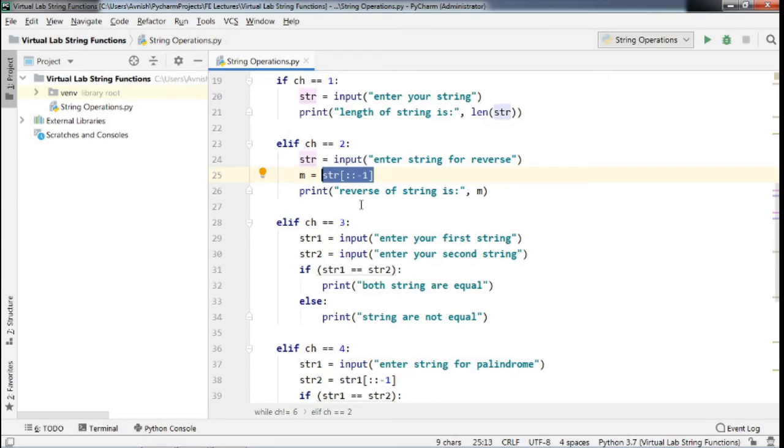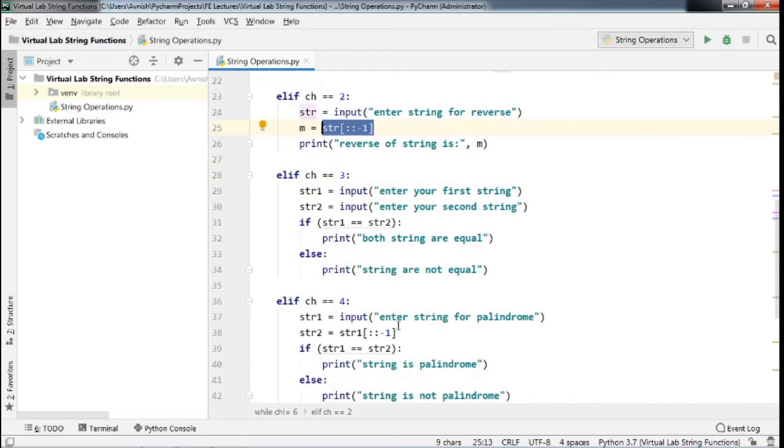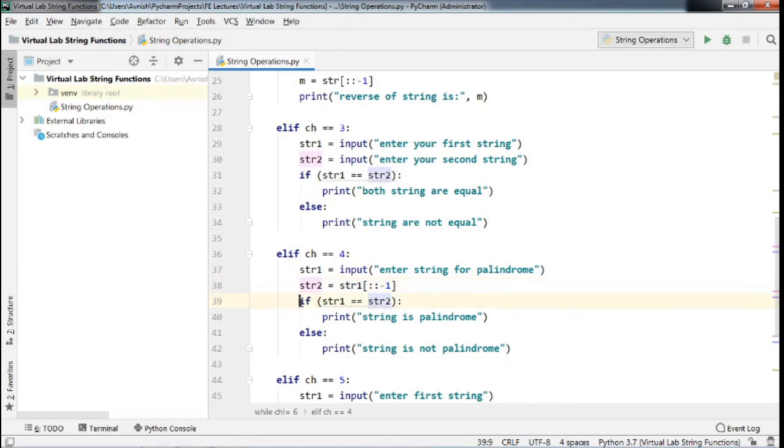By using that slice operation, we will make the reverse of the user's given input, and that will be stored in str2. Using the conditional decision control statement, we will check whether str1, that is the user's input, and the reverse of that input are equal, which we decide using this comparator operator.